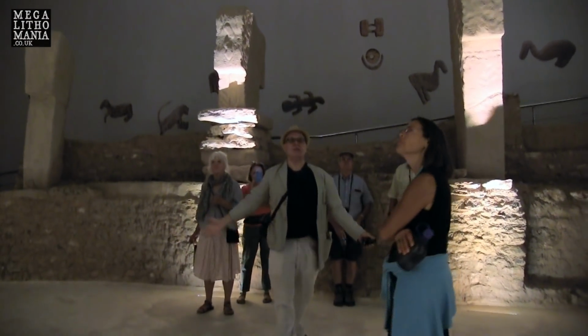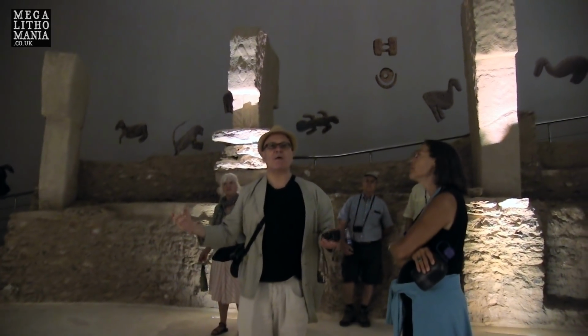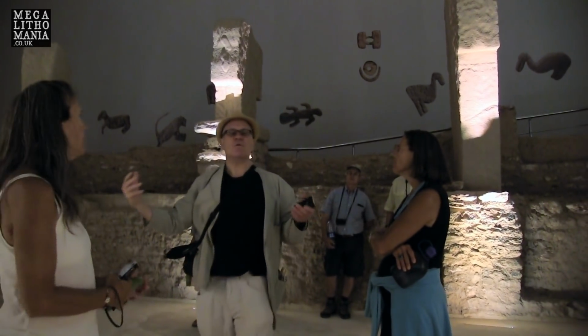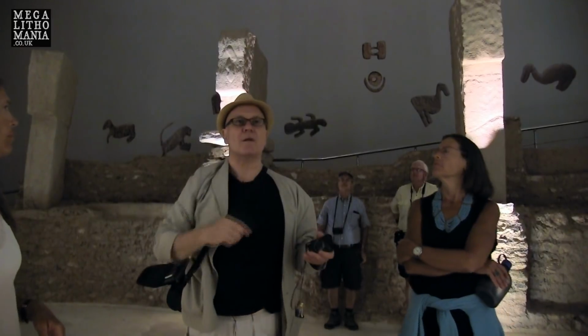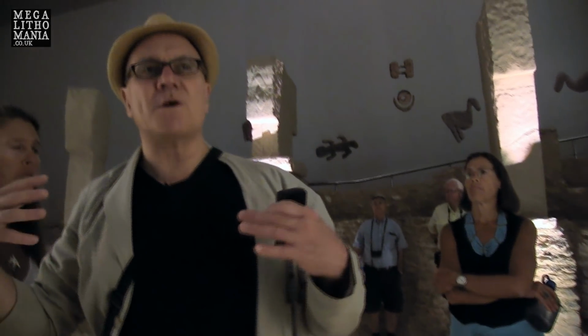You are walking between these, and you're facing them, just in the same way. If you walk into a church and you've got Jesus and the Virgin Mary each side of you as you walk towards the high altar, it's the same thing. They're not looking towards the southern horizon. They are part of the experience for the person, the entrant, the person going inside